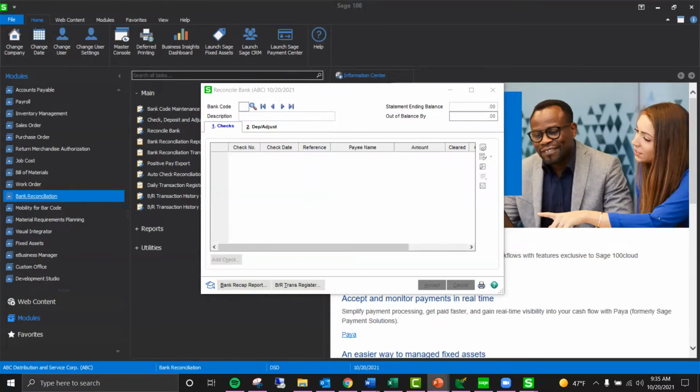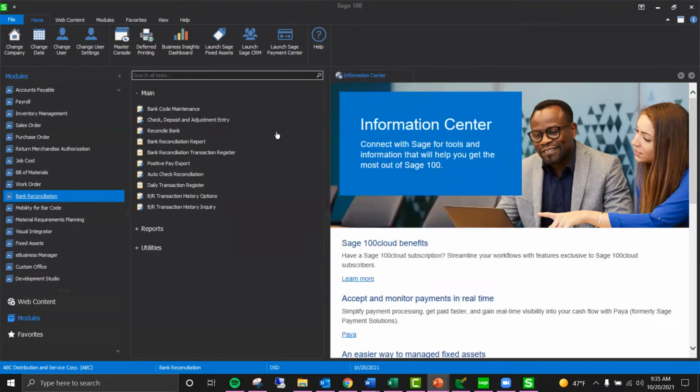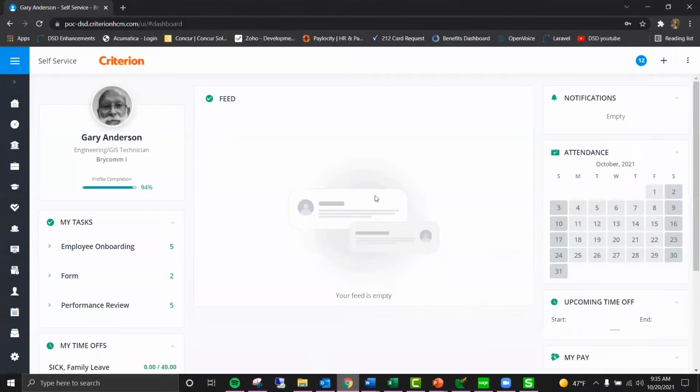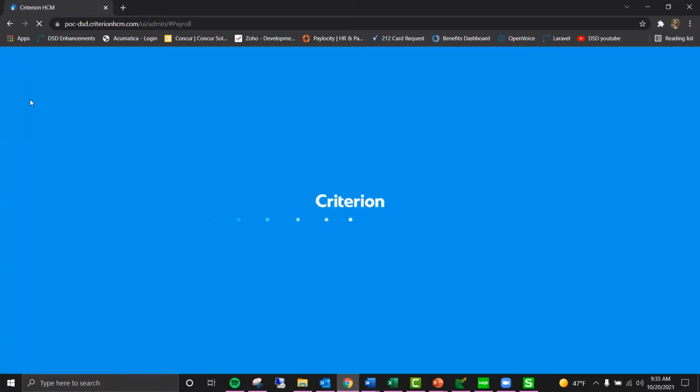I did my history inquiries, and then I have 2 more, my auto-generate transactions. But before that, I'm going to jump and show off the Criterion link. And so I have my Criterion open. So some of you users that have Criterion, this would be for you. So if I drill down to my payroll,